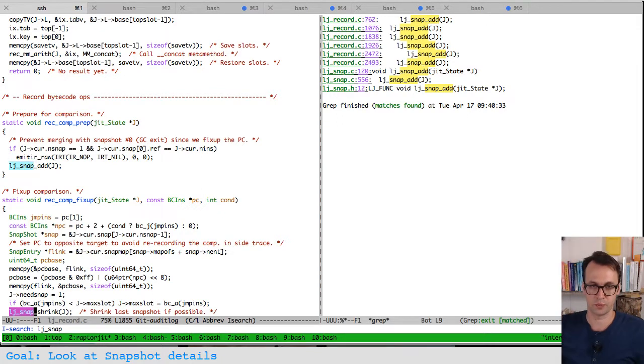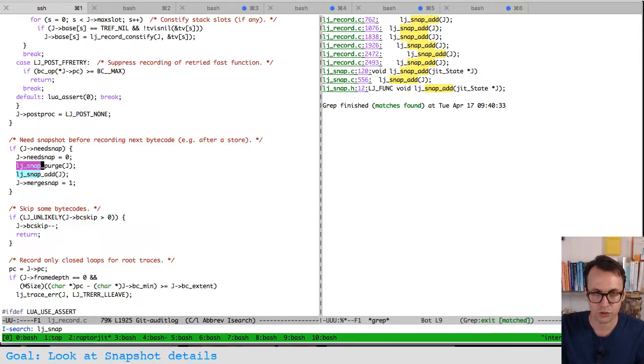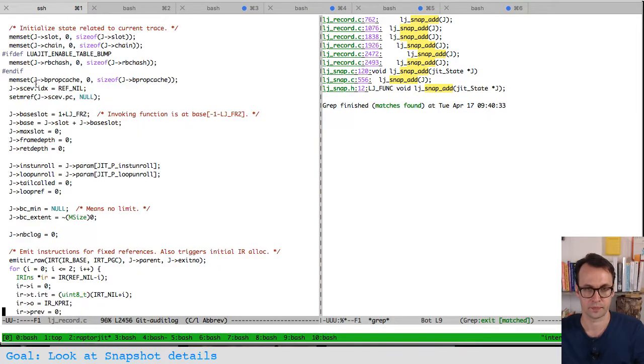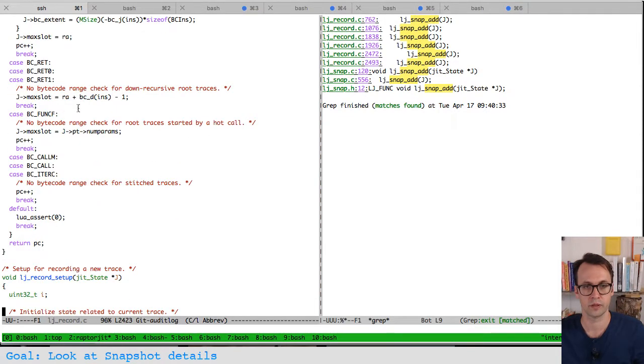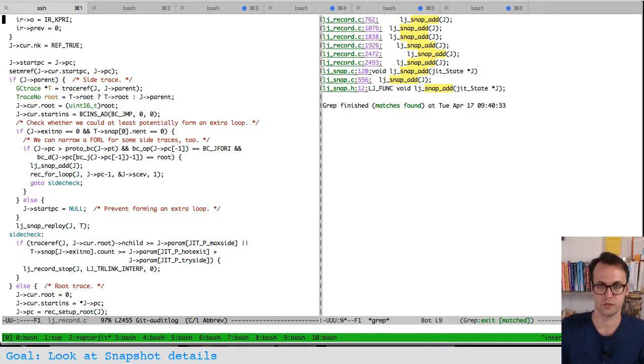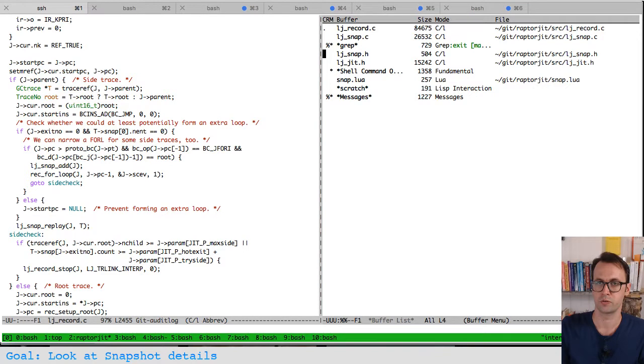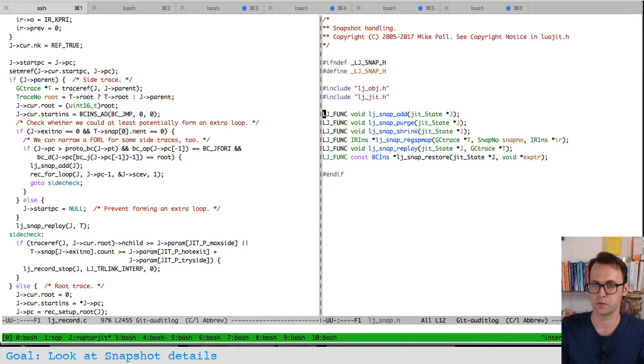So at various points, the compiler is calling snap add or snap purge or snap shrink, and it's not passing any special arguments, just the JIT state. Apart from replay there, we'll come back to that one. Oh, interesting. So replay is something that's done when constructing side traces, it seems. So it's possible, but that's not a runtime system thing. That's also a compiler thing. So actually, maybe the restore, that sounds like a runtime part. Anyway,